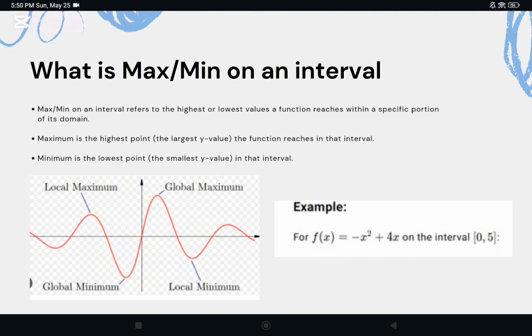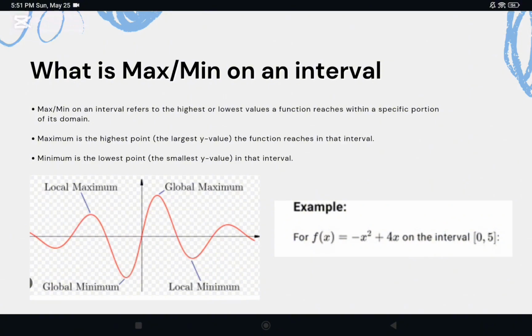in that interval. These values can occur at endpoints like x equal to a or x equal to b, or at critical points inside the interval where the derivative is 0 or undefined. This is called finding the maximum or minimum on an interval. In this slide, you can see there are 4 points: local maximum, local minimum, global maximum, and global minimum. For example, for a function f of x, in order to find that, we first need to find